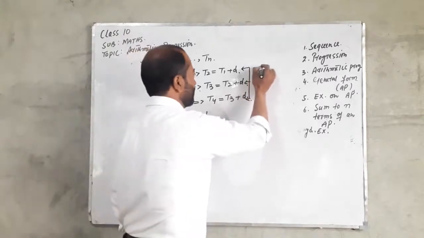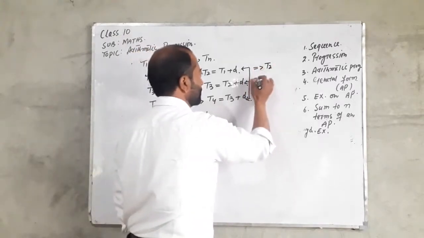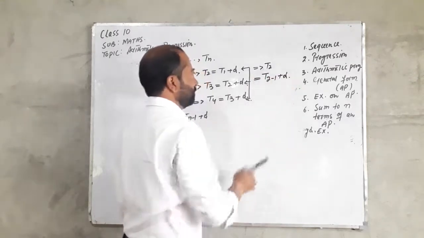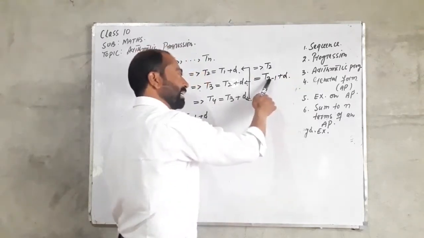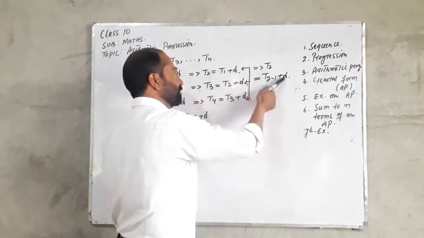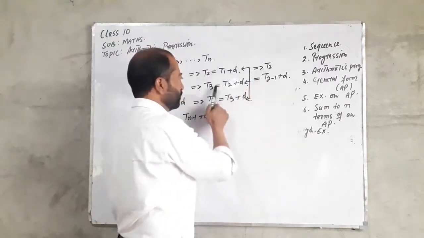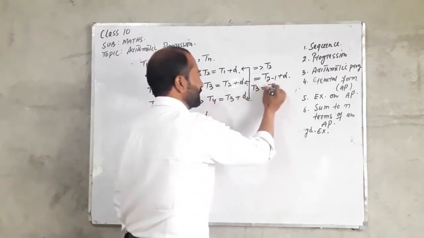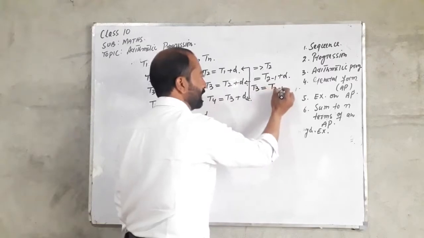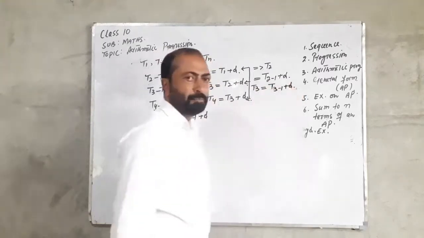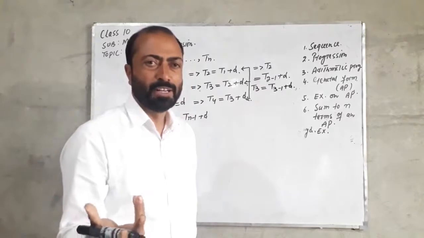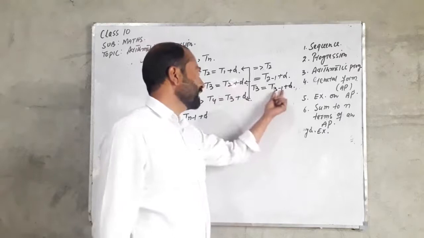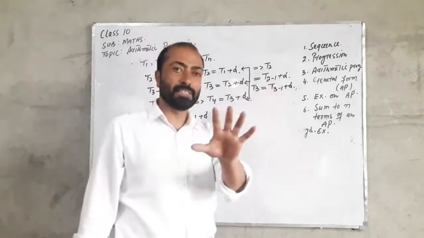Can I write T2 as T2 minus 1 plus D? Because T2 minus 1 is again 1, so you are getting here T1 plus D. Similarly, look here, can I write T3 as T3 minus 1 plus D? I am not changing anything here, only changing the shape a little. I have written this 2 as 3 minus 1. This 3 minus 1 is